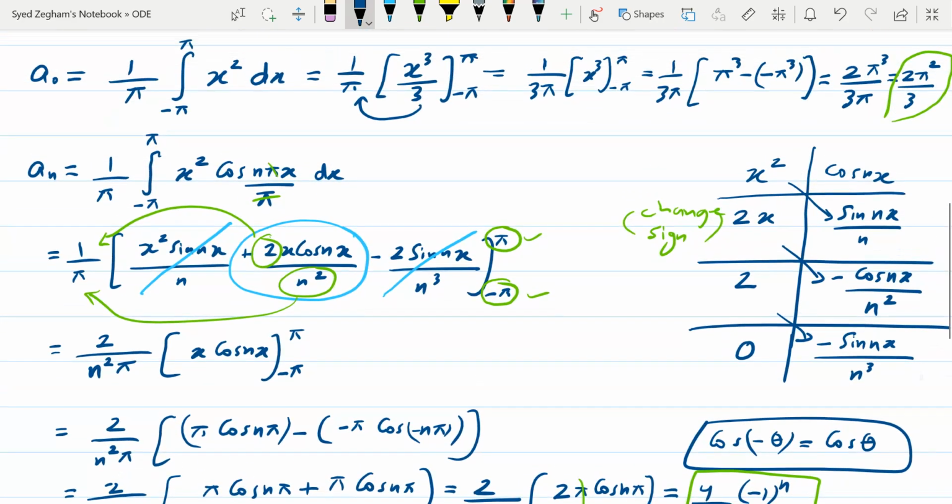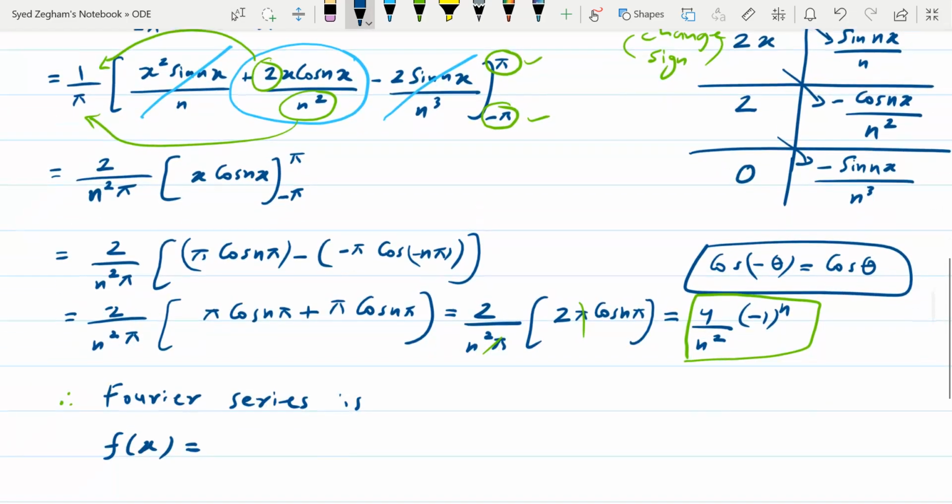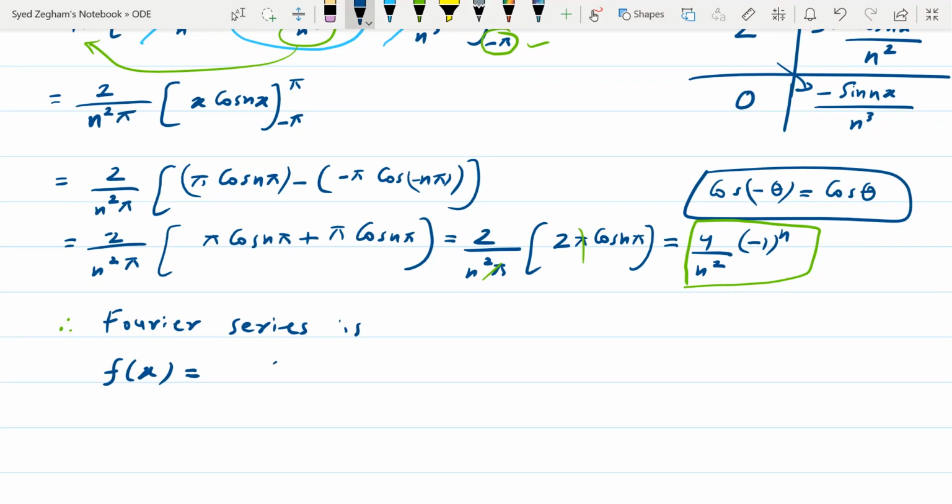A naught value is 2 pi square over 3, which you have calculated already. So 2 pi square over 3, a naught divided by 2, right? This is the formula. Okay, plus summation an, which you have calculated just now, that is 4 by n square minus 1 power n,